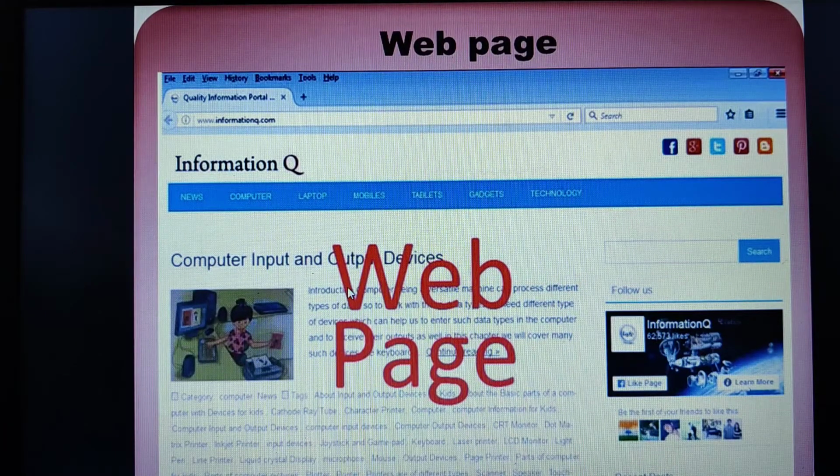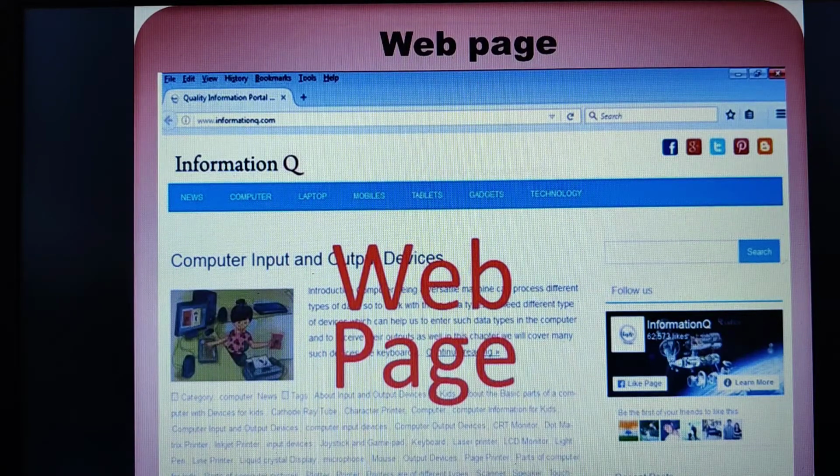These web pages may consist of text, audio files, video files or any other image files. Apart from this, they may also contain hyperlinks. What are hyperlinks? Hyperlinks are those links which help users to navigate from one page to another page.